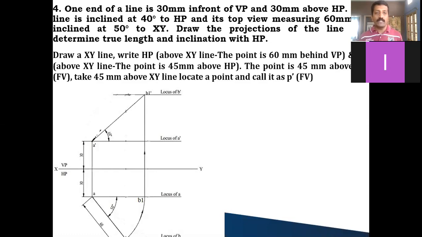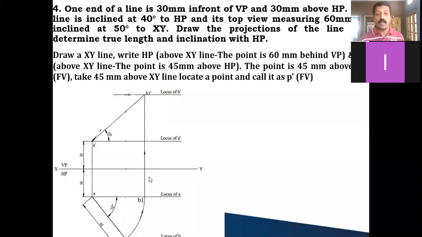Okay, so after this, one more data is given, that's all. With this, somehow I need to complete the projection. Just now in the previous example also we have discussed, from the apparent length we can get the true length, correct? So this AB is the top view apparent length. A as the center, AB as the radius, cut an arc like this till it meets the locus of A and call this B1. After getting B1, you draw a vertical projector line.